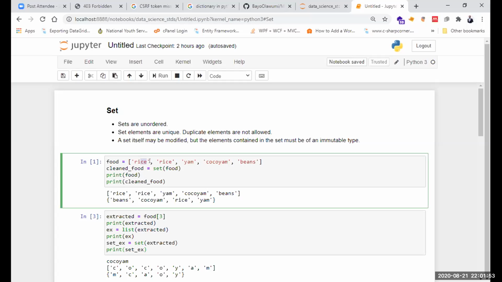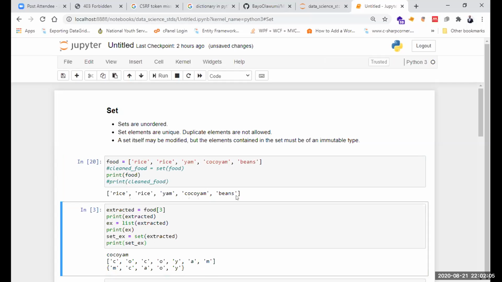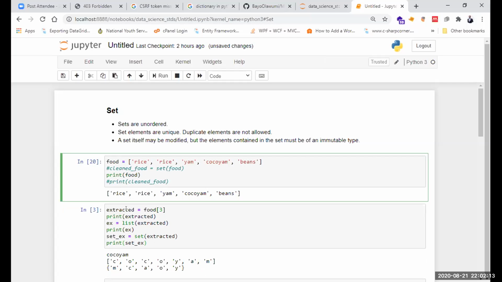So we have rice and we have rice. That's two rice. List can actually accommodate that. If I print my food, you will see my food come out fine. So my food came out fine. I have two rice. But when we are dealing with set now, set does not allow you